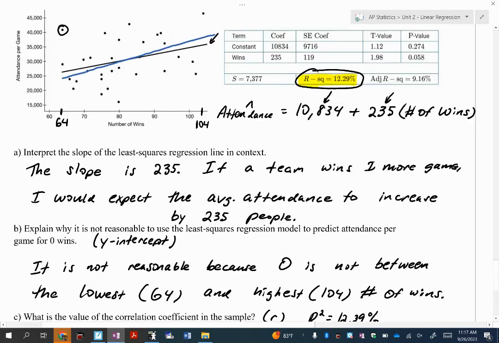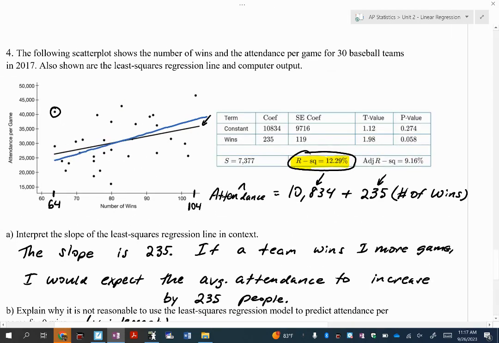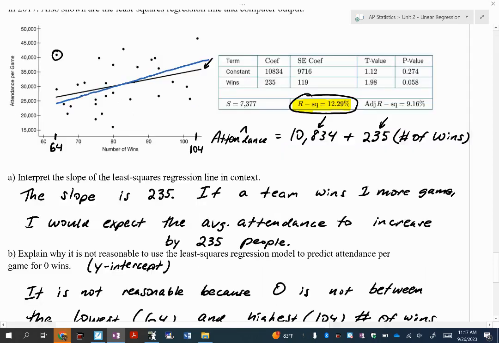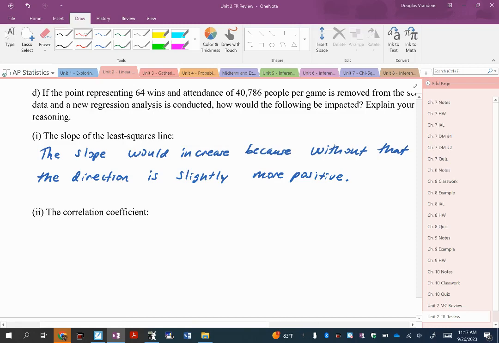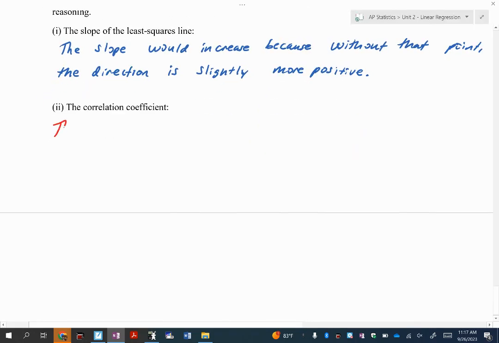The correlation coefficient. Same thing, I'm covering it with my hand, but when I look at that point, when it's in there, it makes it look more cloud-like, and when I cover it up, in theory it should be less cloud-like. So even though you're not really changing a whole lot, it should in theory make this linear relationship slightly stronger because it's more of a linear form. So I'm going to put that the correlation coefficient would increase